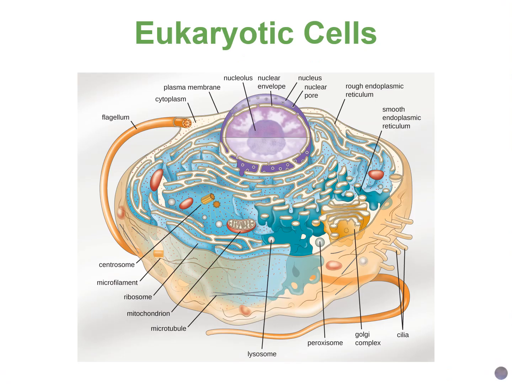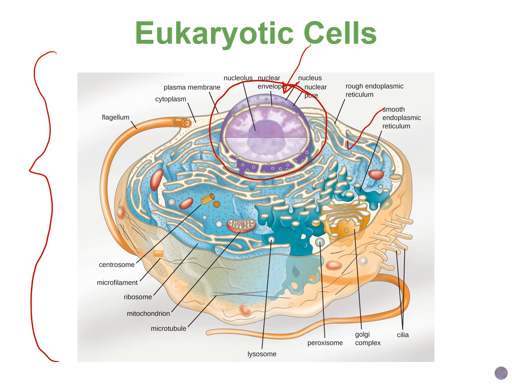Looking at this eukaryotic cell, we can already tell that it's much more complex than the prokaryotic cell, bigger, and we have many more structures. One of the most prominent is probably this nucleus, this membrane-bound nucleus, which contains the DNA. We've also got many different types of membrane-bound structures shown throughout the picture. And these include endoplasmic reticula, we have mitochondria, and we're going to go through each of these throughout this second